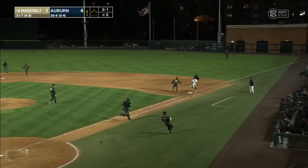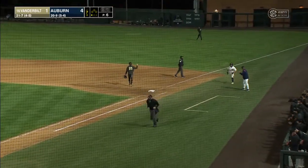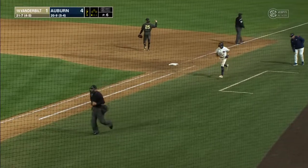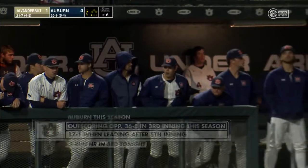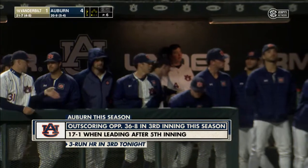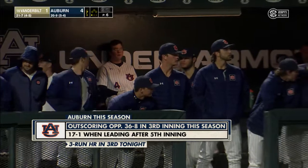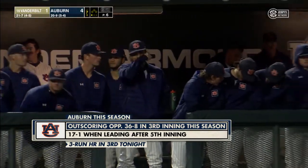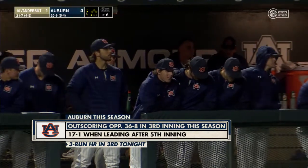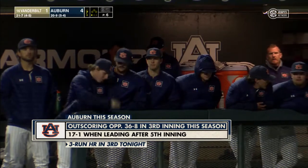Hot shot to shortstop. Carter Young's all over it. Well, for the Tigers, they've been pretty good in the 3rd inning all season, outscoring opponents 36-8 in the 3rd inning. And of course the Tigers are 17-1 leading after the 5th. And that big 3-run home run for Auburn tonight came in the 3rd inning by way of the DH,